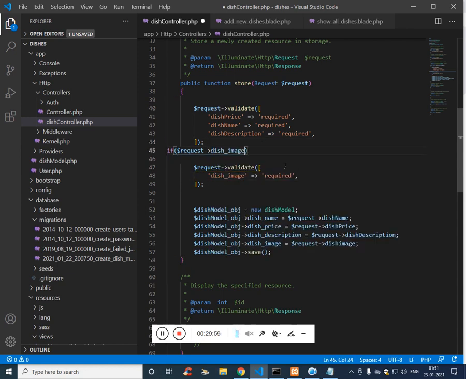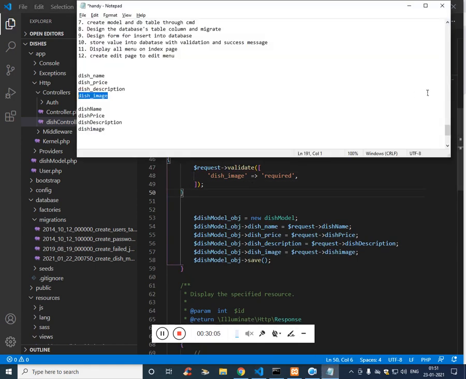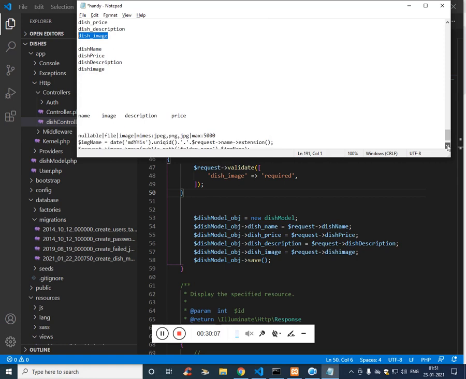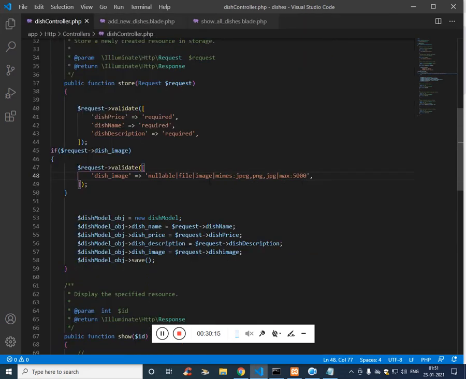If we have an image, then validate. The validation is it should be nullable, it should be a file, it should be an image, it should be of type JPG, PNG and JPEG, and it should be of maximum 5 MB.